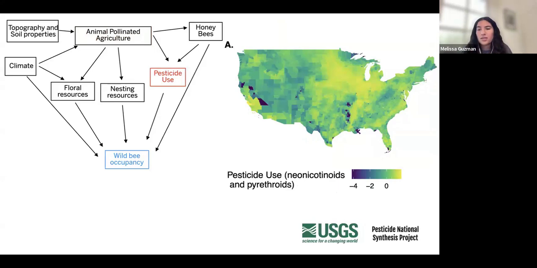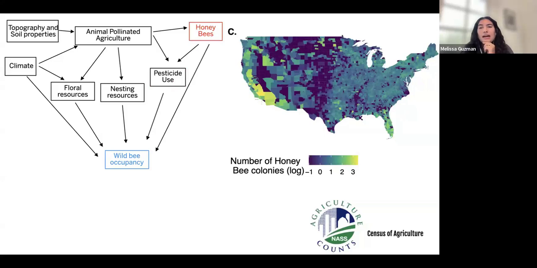For pesticides, I relied on the Pesticide Use National Synthesis Project. Unfortunately, this project stopped recording data on seed-coated neonicotinoids after 2014, so this analysis only covers 1995 to 2014. I also tried to obtain data for honeybee colonies, which is surprisingly challenging to find, particularly before 2016. But here I've relied on the Census of Agriculture, which tells us how many colonies there are per county